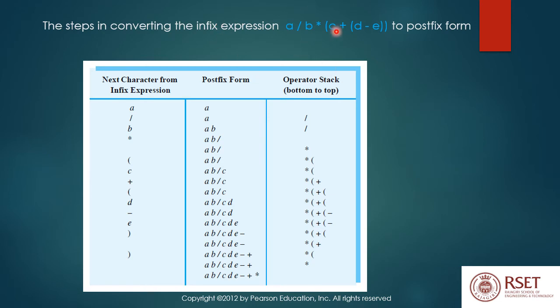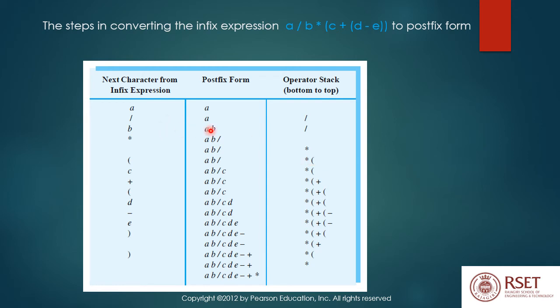Say you have an infix expression like this and you want to convert it to postfix. You will be drawing 3 columns, where in the first column you tell what tokens you are reading, that is, each character. You read A and you directly give it to the postfix. Next is an operator, so you push it into the stack. Here it is shown from left to right, so it indicates bottom to top. Whichever is on this side indicates the top.